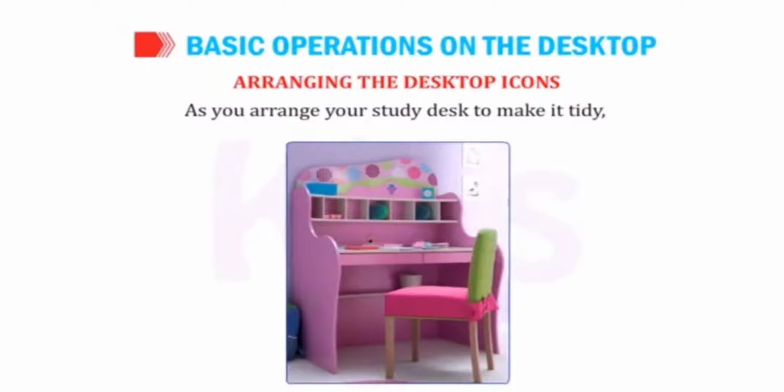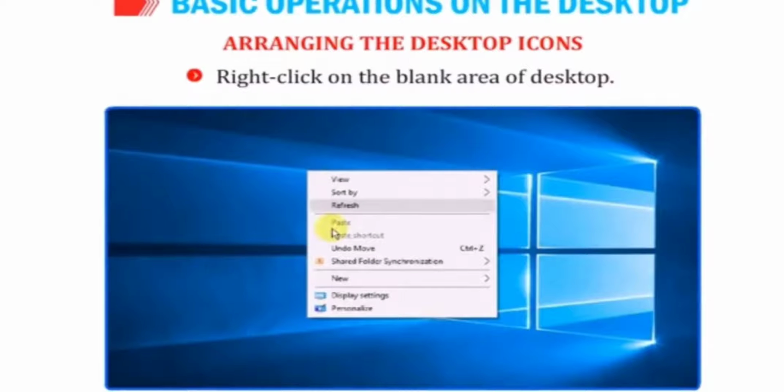Next one is arranging the desktop icons. See, this is a study table, it is arranged, so it is looking very neat and clean. So how can we arrange our desktop icons? First you right click on any blank area of your desktop. After you do this,